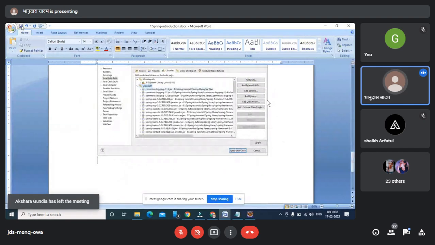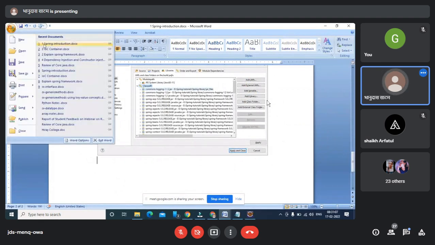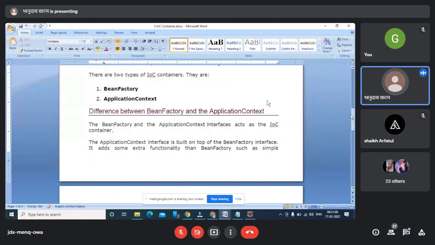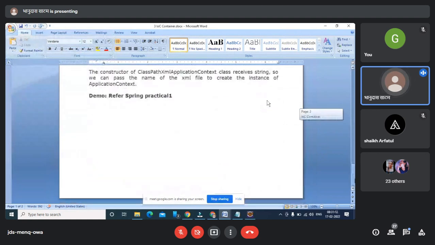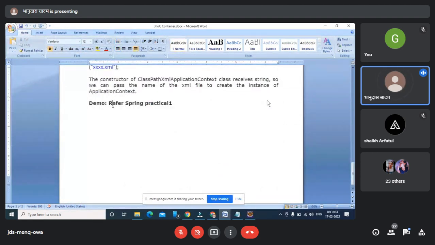So this is my installation of Spring, and now I'm returning back to my IoC container, and here I'm doing this demo practical, after loading all the necessary libraries of Spring.